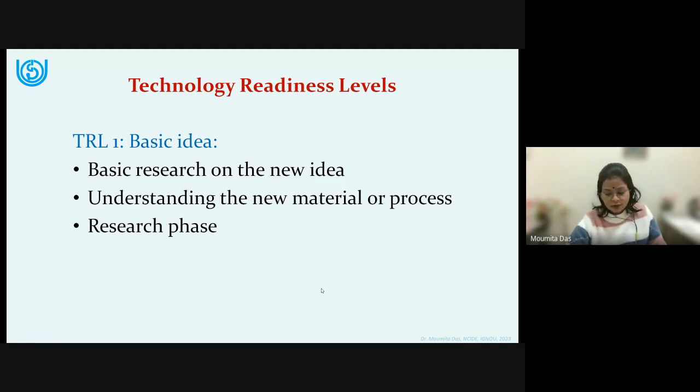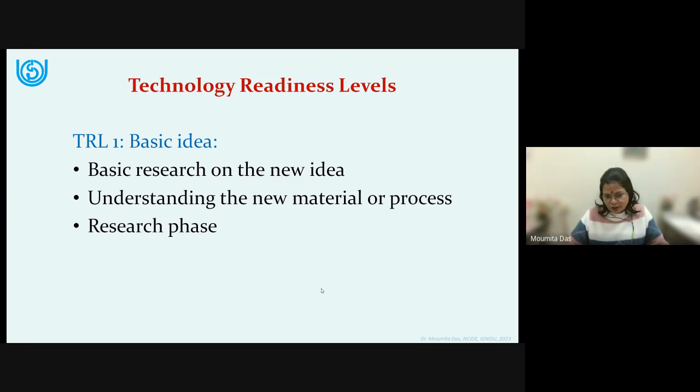Now, this is also facilitated by prior art. You can note down somewhere, prior art would be very important. This is an existing body of knowledge that you have on that particular idea. So now you have this basic idea, you do the research, you understand this new material or process, meaning in the case of the tea bag, you understand what PLA means. What does it mean? Where does it come from?